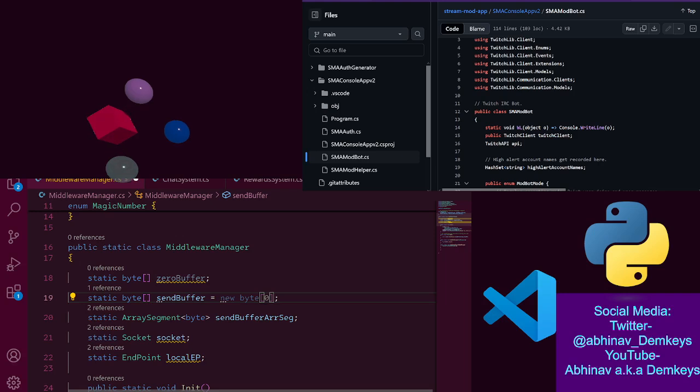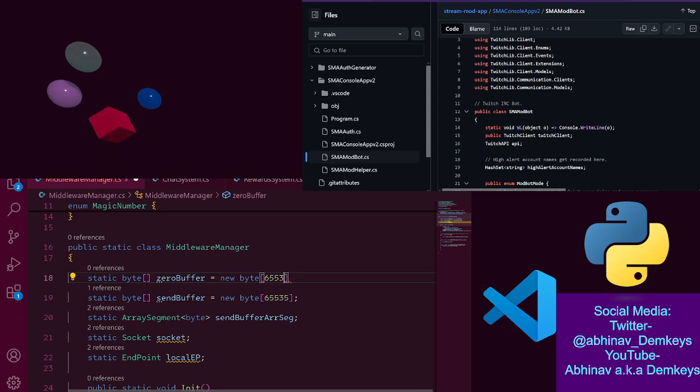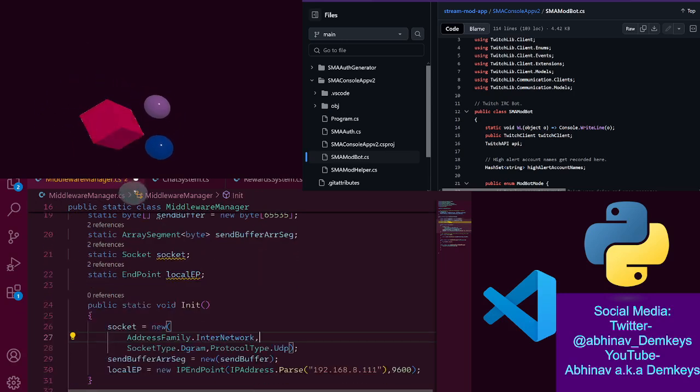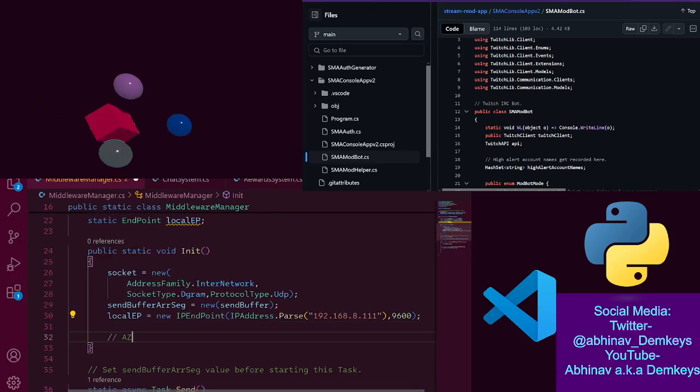Is that going to work? Yeah, that works. So what I could do is 65,535. And then here also I can do 65,535, right? And for the initialization, we can say zero out